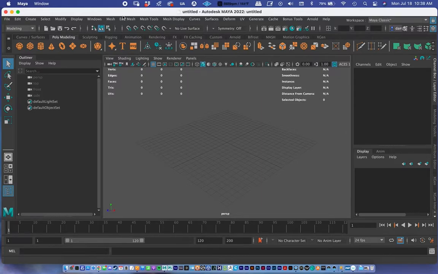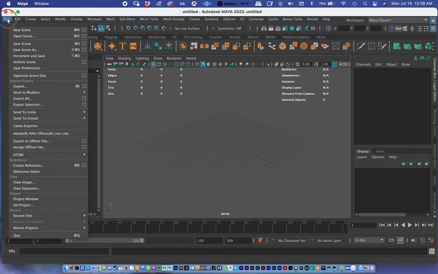That's close, but there are a few more steps we need to do, especially when you're setting up a new project. So step 1 is you go up to File and you go down to Set Project. This is when we're creating a new project and starting from scratch. This is the first thing you want to do before you create any objects, while the project is empty. So you go to File, Set Project,